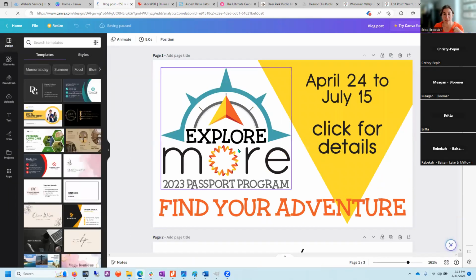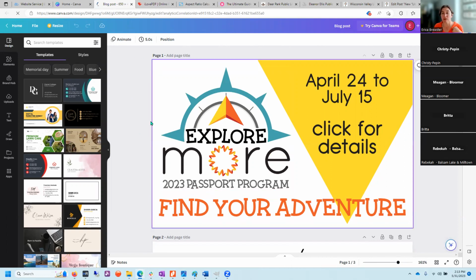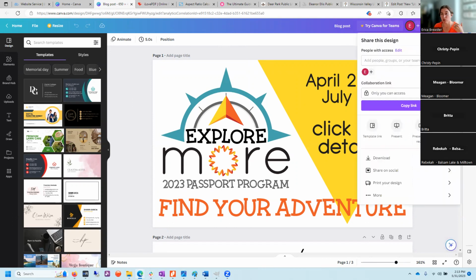So what I did is I created myself a template with the sizes that we're going to use on our websites. We'll come back to this in a second because Canva is a great tool for this, but I wanted to show some examples of how we would get those images converted. If you've created an image in Canva, when you click on the share button, it will drop down and there will be